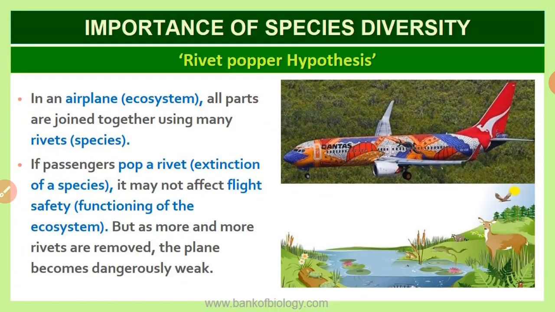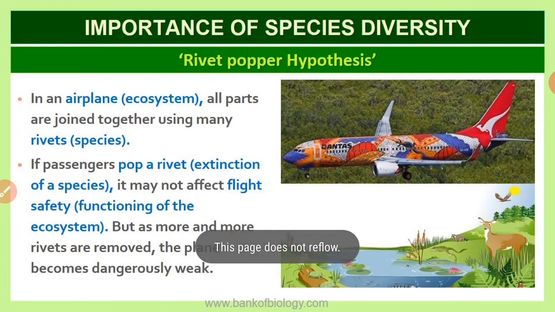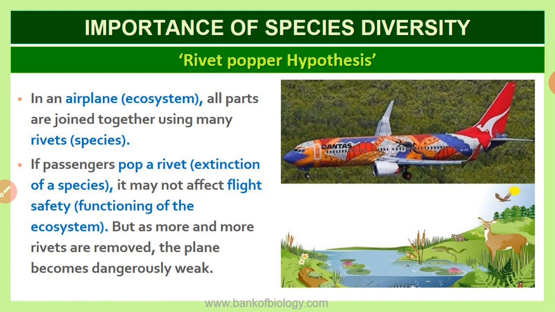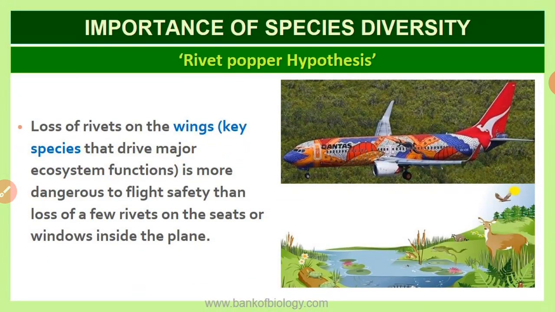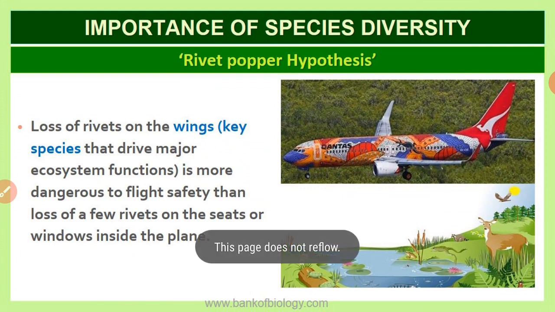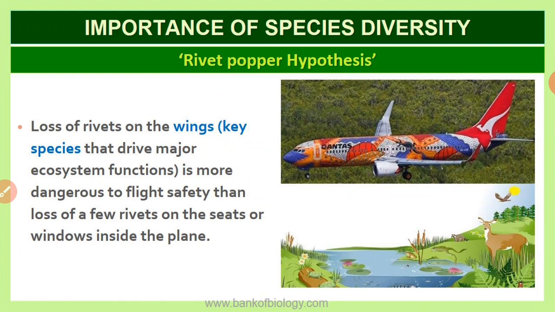Here they have shown very nicely the aeroplane, which is considered an ecosystem, where all the parts are joined, the rivets meaning parts. If you lose the rivets on the wings, that is the key species that drive major ecosystem functions. If you destroy all the key species present in the ecosystem, that is going to badly affect the ecosystem. Okay, the next is regarding the